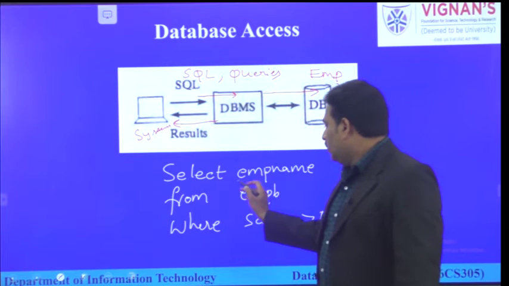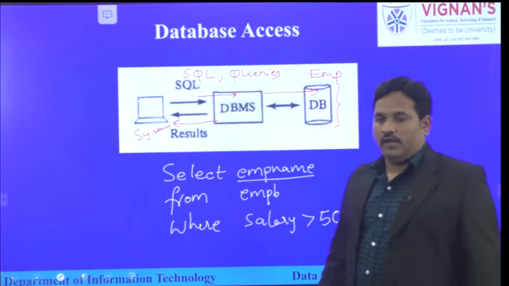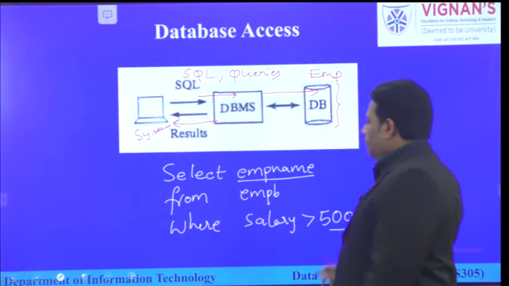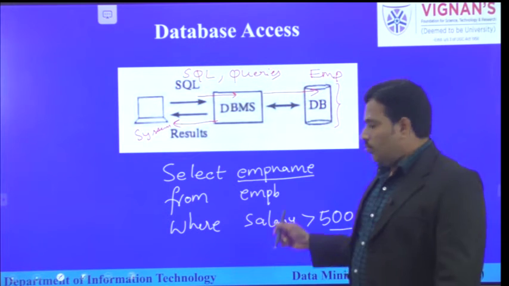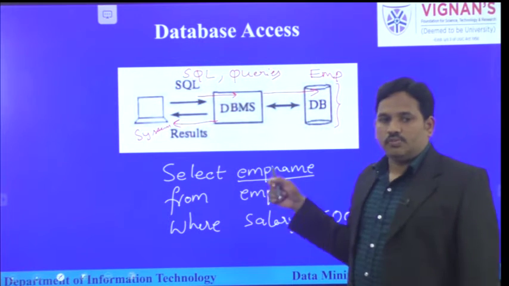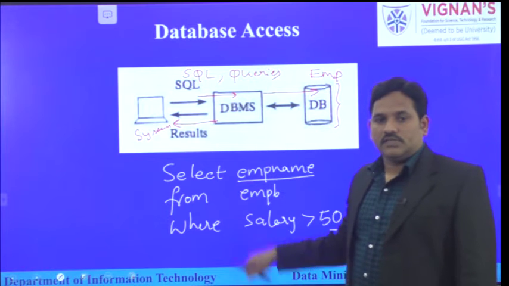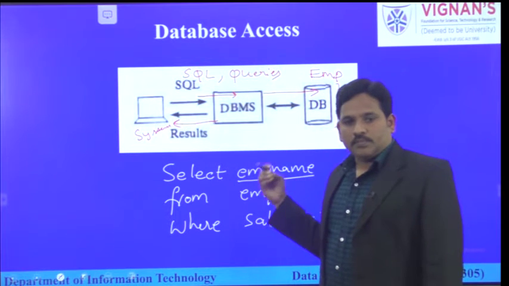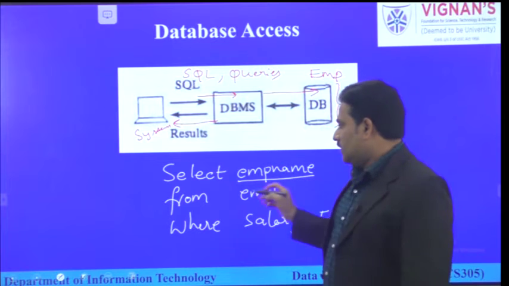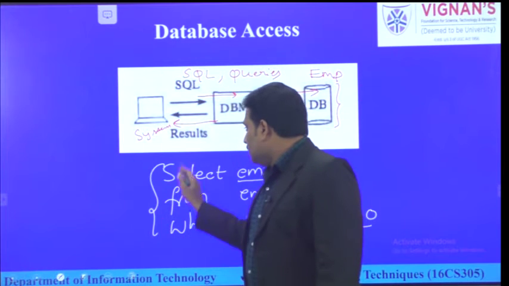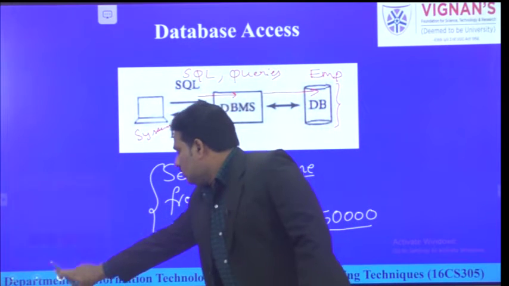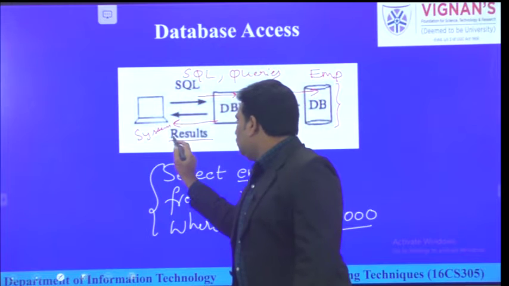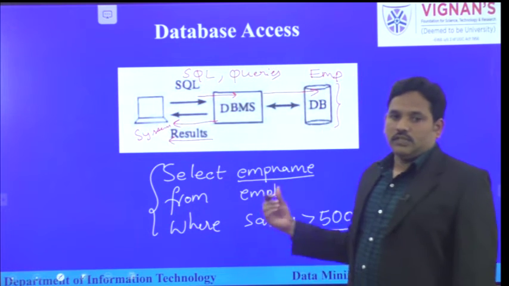We want to display all the list of employee names whose salary is greater than 50,000. That means whatever employee names are going to be displayed already exist in the database itself. So a portion of the required subset of the data has been generated as a result. So here, in this result tab, we will get the information in this manner.